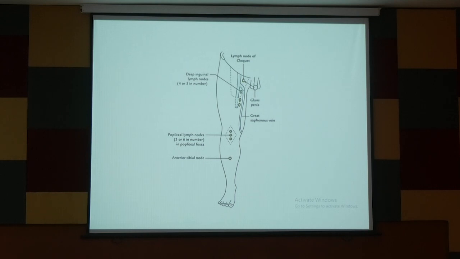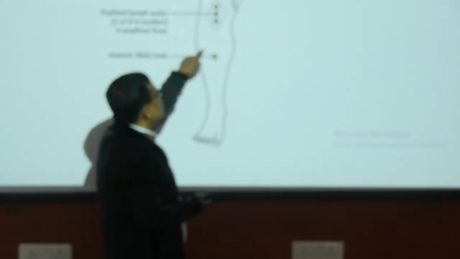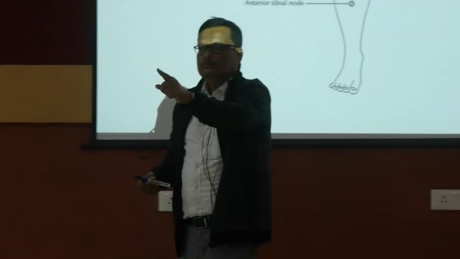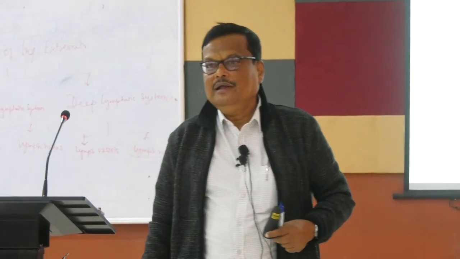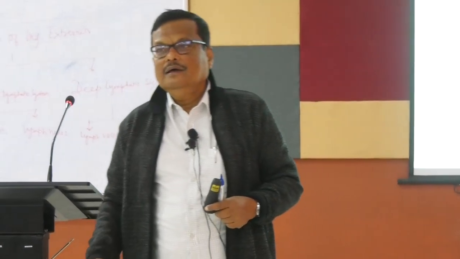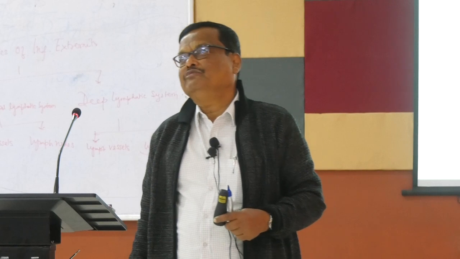Okay, the popliteal lymph nodes. They lie here, this place is called the popliteal fossa, deep, 3 to 4 in number. The popliteal lymph nodes lie along the termination of the short saphenous vein draining into the popliteal vein. The popliteal lymph nodes are found in that place. They drain the deeper structures of the leg and also the superficial lymphatics, which we excluded from the great saphenous vein: the lateral side of the leg, posterior part of the leg, lateral side of the ankle and lateral side of the foot.